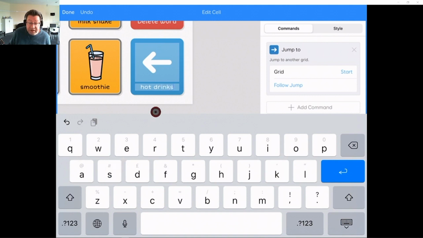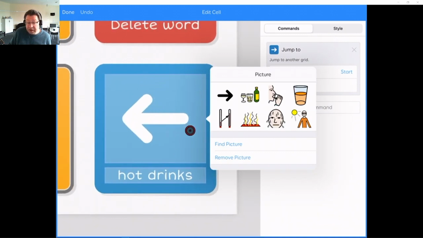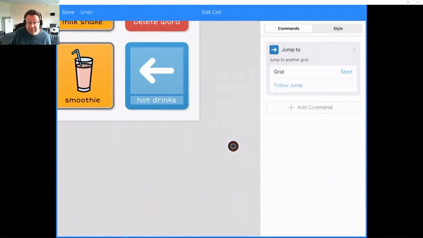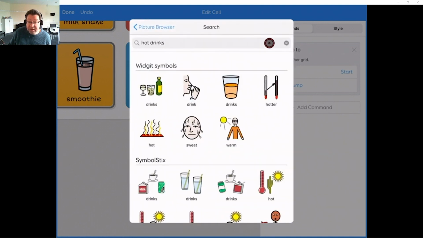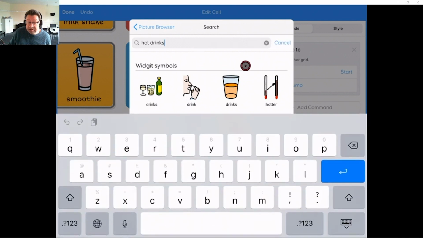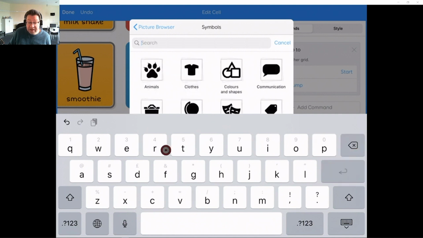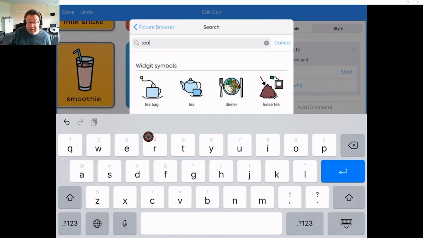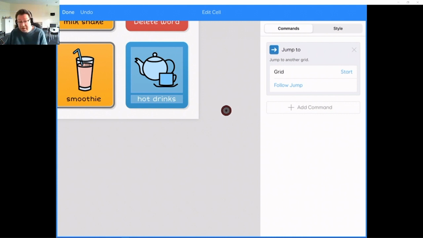And choose the symbol also. So I could choose one of these suggested symbols. If I don't really want one of those, then I can go to find picture and then I'm going to go to symbols. I can actually specify what I want to search for here. Regardless of what the cell label says, I can change the search term here to something like that. So we've got our hot drinks jump,